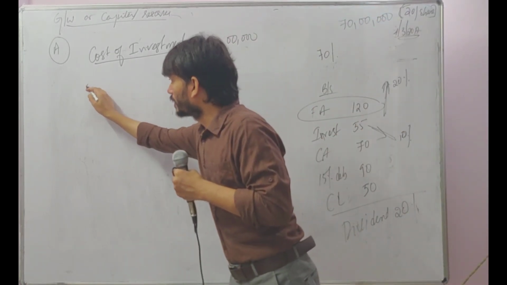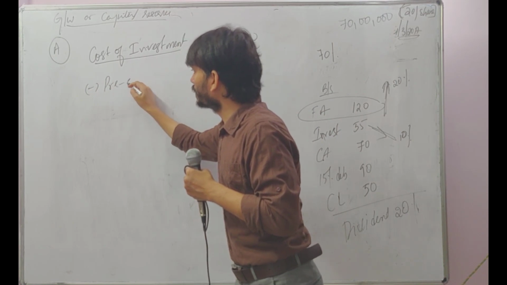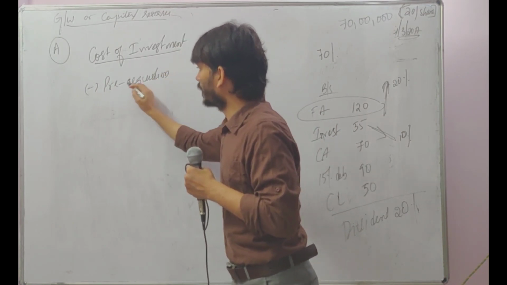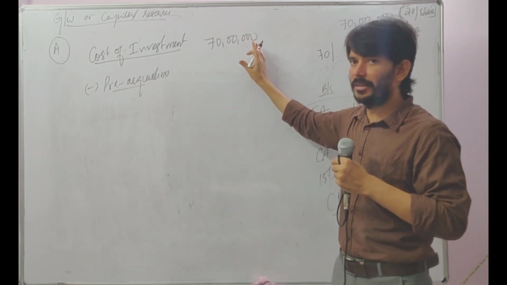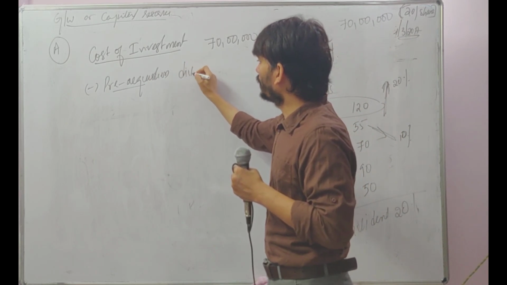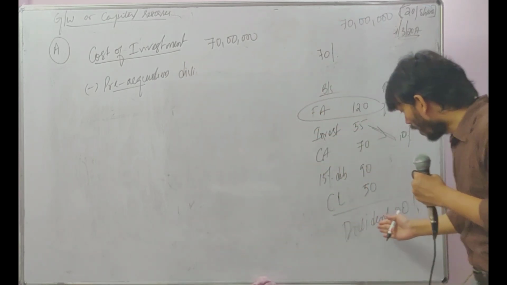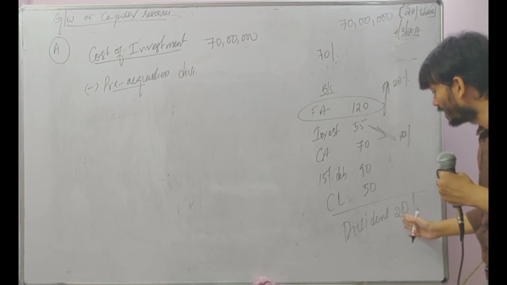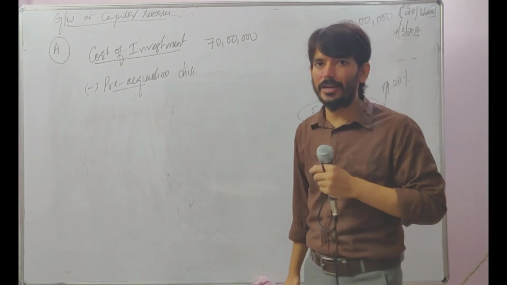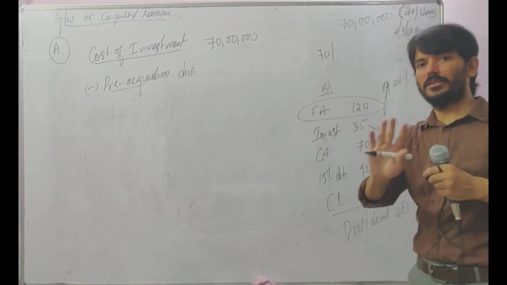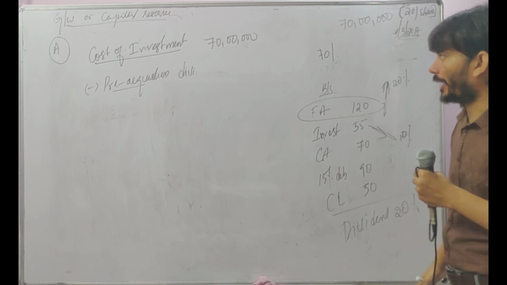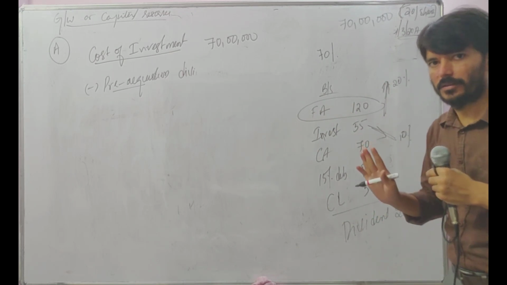I told that pre-acquisition dividend should be deducted. As a formula you can remember it, but as a logic also, because this investment cost is inclusive of the pre-acquisition dividend. How do we know, sir, what the pre-acquisition dividend is? On the date of acquisition they said they have declared 20% dividend. So how much might they have declared? 70 lakhs into 20%? Absolutely wrong. So we should find out what the capital is.